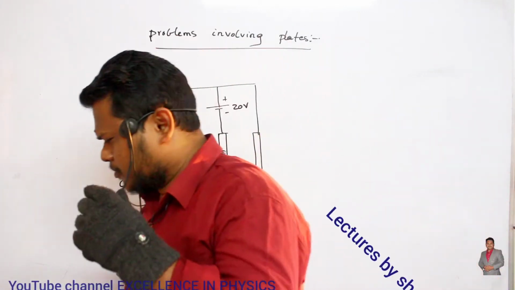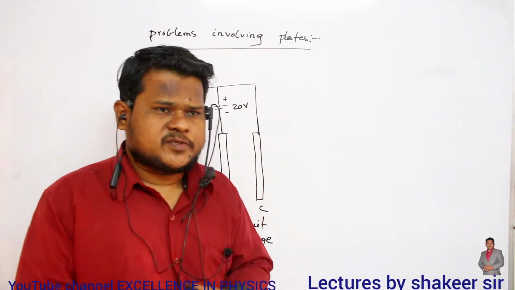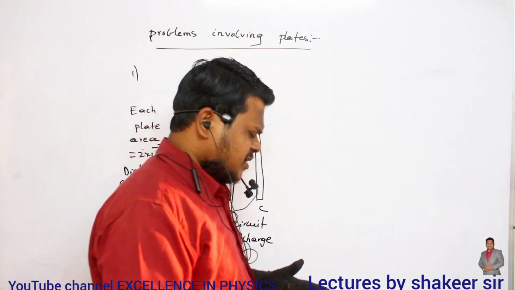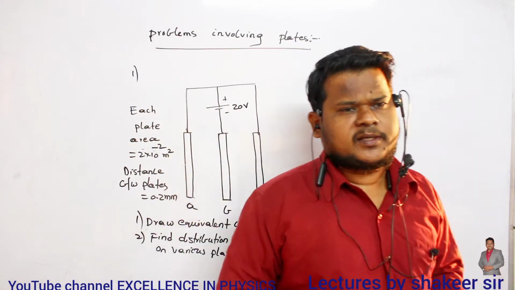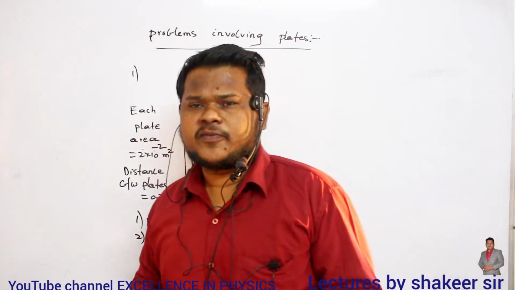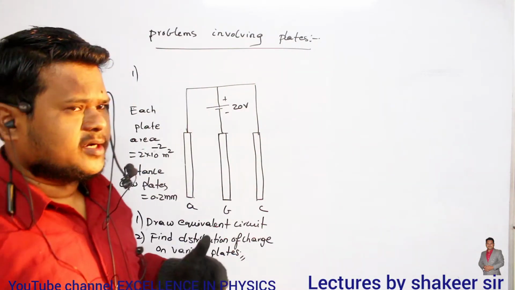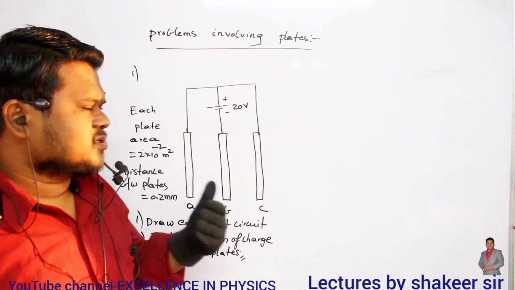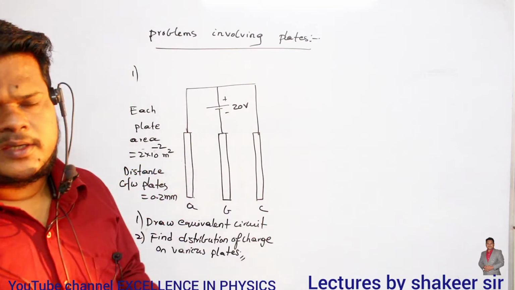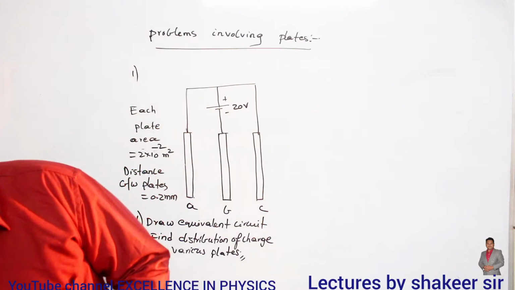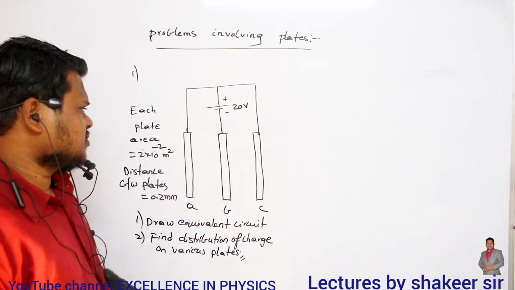So these are the problems involving insertion of plates. Different plates, we connect them in different methods, clear? And battery connections are also different. So by using this arrangement, we are supposed to find out the equivalent capacitance, how charges are distributed, what is the total equivalent capacitance. All these values we are supposed to find out. Okay, so let us see.